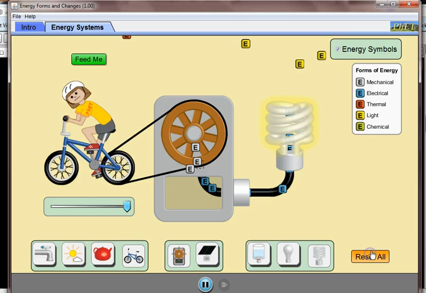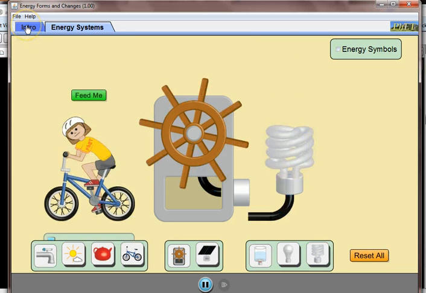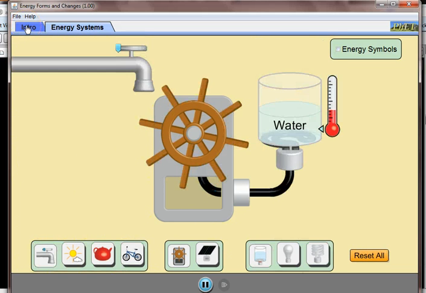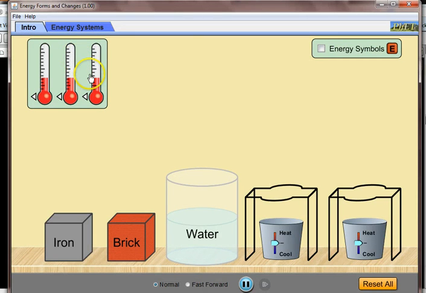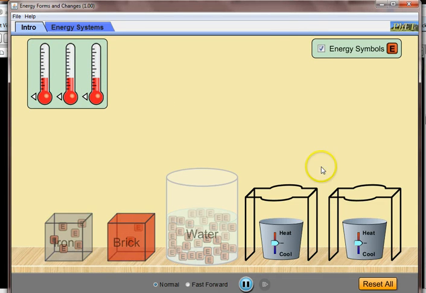It doesn't really reset. I'll keep on going. Okay, now click to the intro tab. Now we again check the energy symbols box. There are different things here. There are an iron block, a brick, water, and two heating mantles. Okay, now